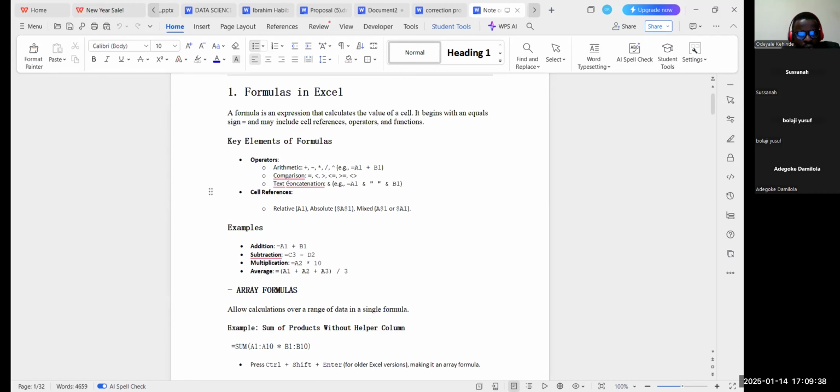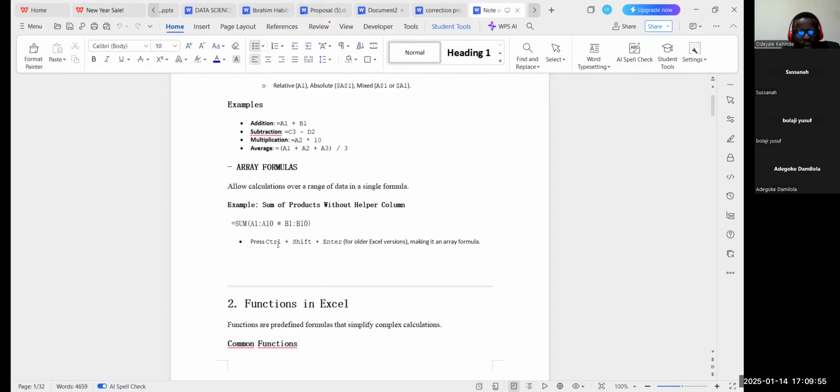For this one, you can use these operators to add single values, maybe one value in a cell with another value in another cell. But when you want to add a set of numbers in one column with another set of numbers in another column, you will use a function, or we call it array formulas. So array formulas allow calculations over a range of data in a single formula. Okay, as we have our data here,